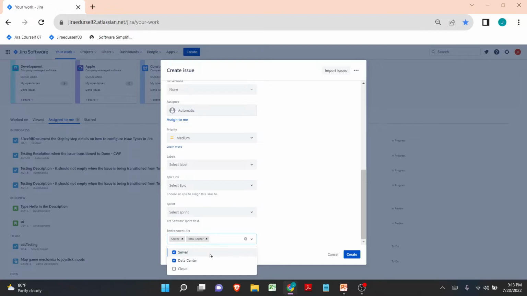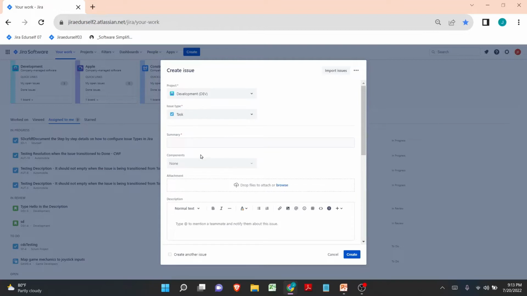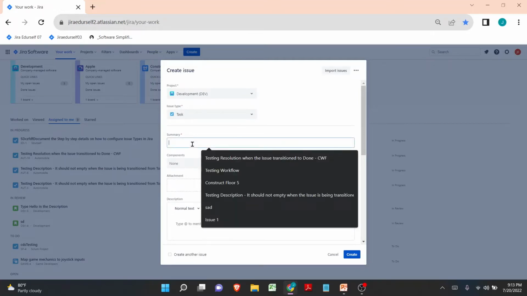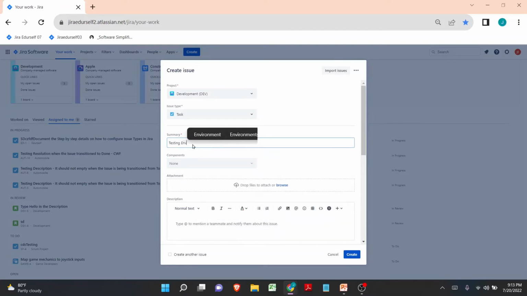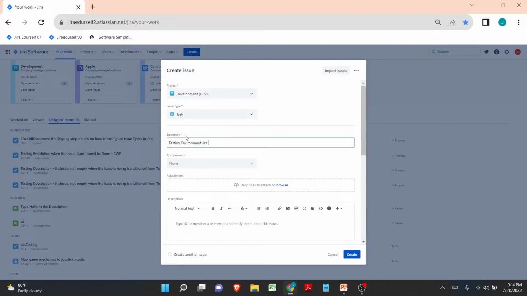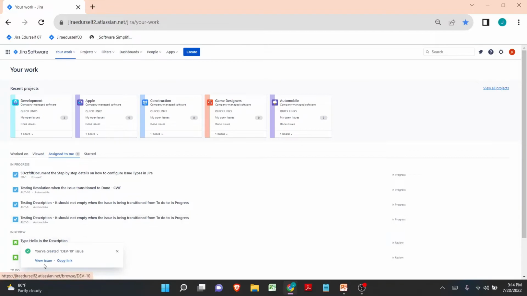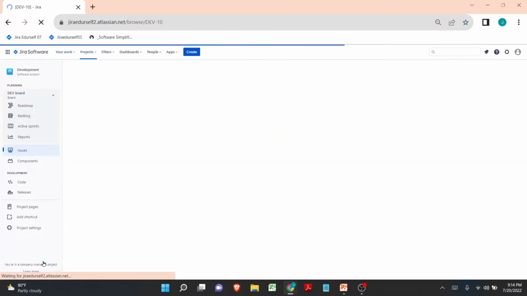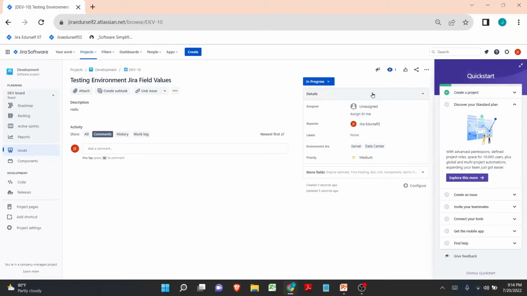Now before applying the validator, let me quickly create an issue. Testing environment Jira field values. Alright, let me click on create. An issue has been created, and let me open the issue. Let me move the issue from open to in progress and from in progress to done. As I can see, we have selected two values, and when I move the issue to done, the issue